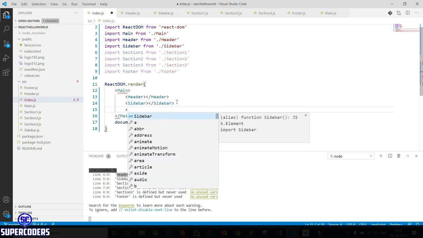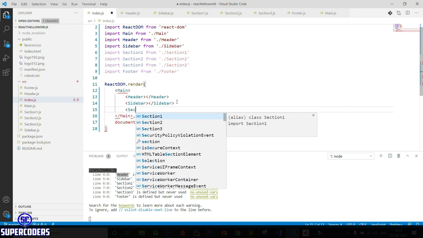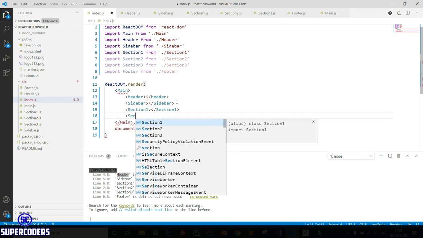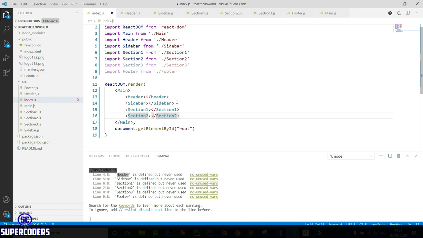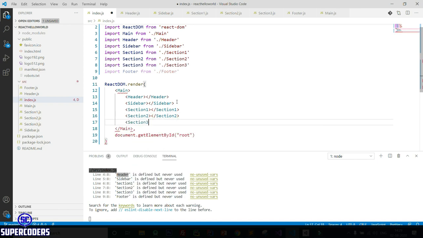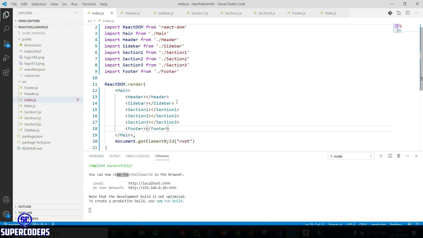Now again section 1, close this, section 2, section 3, then footer, save it. Now you can see the warning has gone because I used everything which I imported in our page.